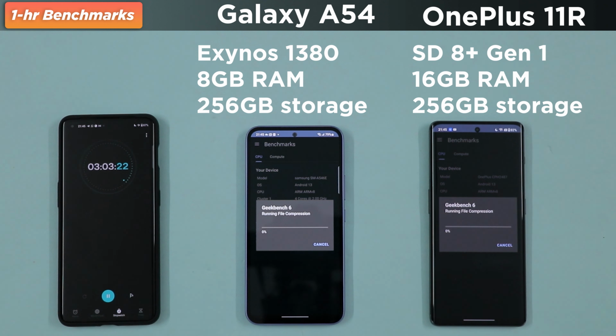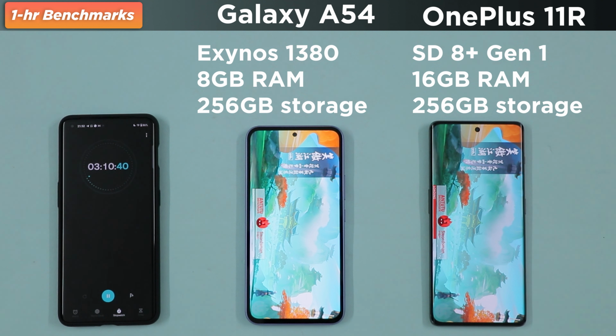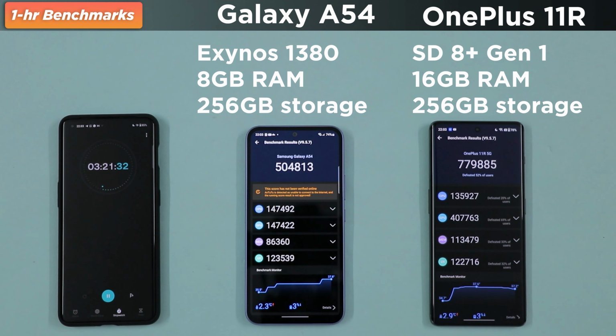Now of course, in terms of raw hardware, the OnePlus 11R is definitely the superior one, but surprisingly, when we look at the Geekbench scores, the Galaxy A54 actually outperformed the OnePlus 11R when it comes to the single core score, although the OnePlus 11R did better in terms of multi core performance. As for Antutu, the OnePlus 11R again flexed its muscles in terms of the overall score, especially the GPU score, which is simply mind-blowing, and the Galaxy A54 does not stand a chance here. However, the Galaxy A54 did score better again in terms of the